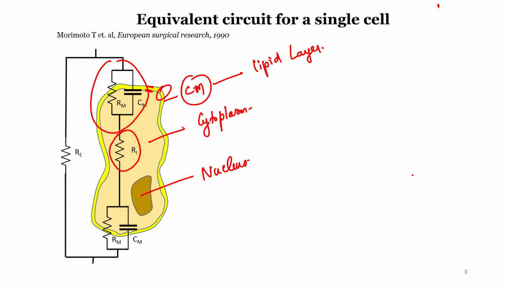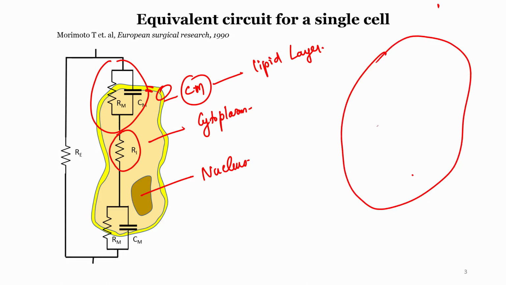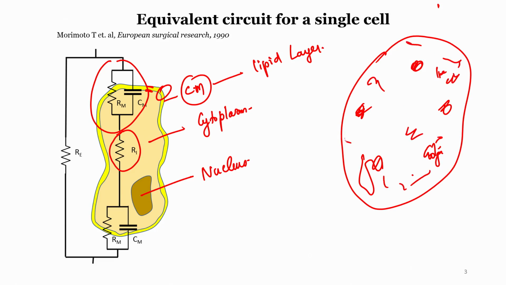Now you will obviously ask me, how can that be there? Cytoplasm has a lot of organelles, there are a lot of proteins running around in the cytoplasm. There are the mitochondria, Golgi bodies, a lot of things that you have learned. There are also the suicide bags of the cell, lysosomes, which we used to study in school, right? It's a site of intense activity, with a lot of things happening in the cytoplasm. Then how can you model the cytoplasm as just a resistance? How can that be happening?